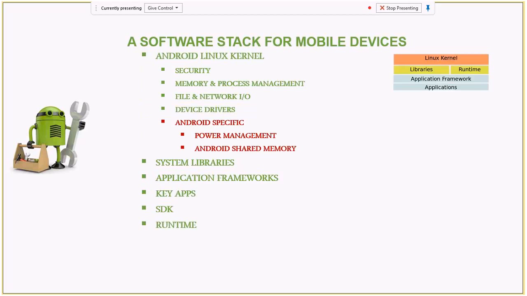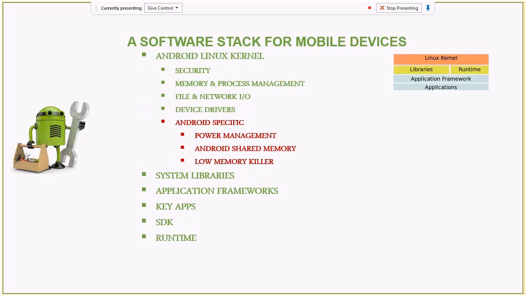Although the apps run in their own sandbox, we needed app to app communication. So there's a concept of shared memory, and we'll see the low memory killer. A user can keep on launching apps on the device, and at some point the memory is small on small mobile devices. So the Android operating system will take care of killing the apps which are not in use or which have been in the backstack for a longer time. It will kill those apps to free up memory for other apps and system activities.